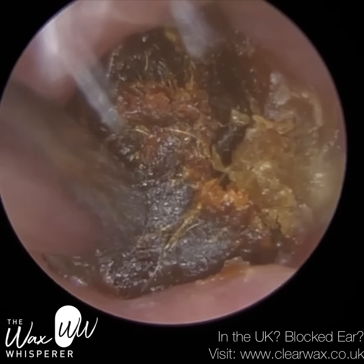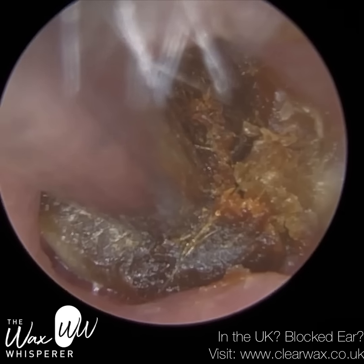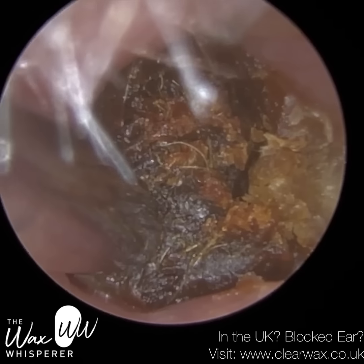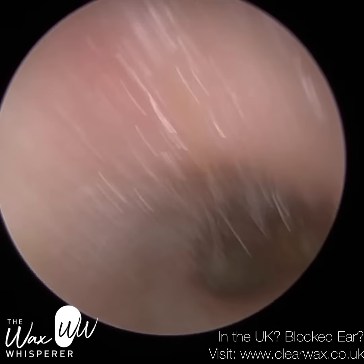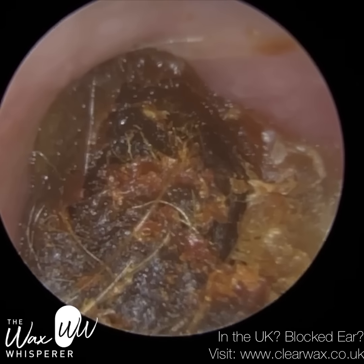And also another hallmark of grade 3 keratosis obturans is when you have, again, granulation tissue, and it's located at the osseo-cartilaginous junction, so about a centimetre into the ear canal, where the bony part of the ear canal meets the cartilage portion. And grade 4 is the most severe form, and it's when the ear canal is so